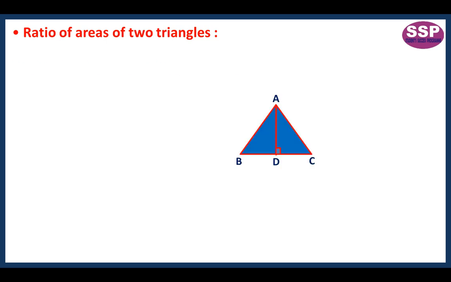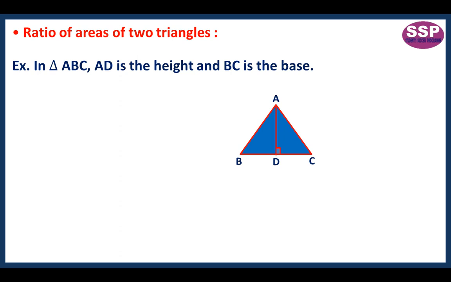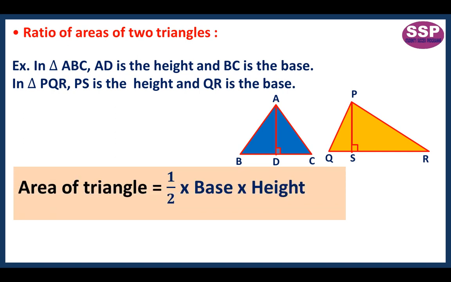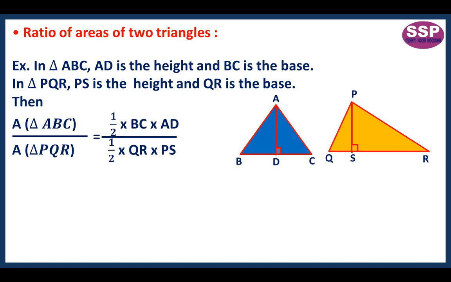In triangle ABC, AD is the height and BC is the base. In triangle PQR, PS is the height and QR is the base. We know that area of triangle is equal to 1/2 base into height. Then the ratio of areas of these two triangles will be area of triangle ABC upon area of triangle PQR